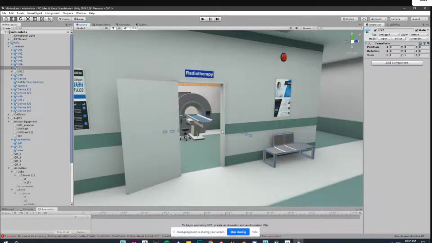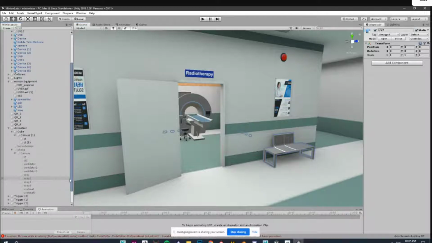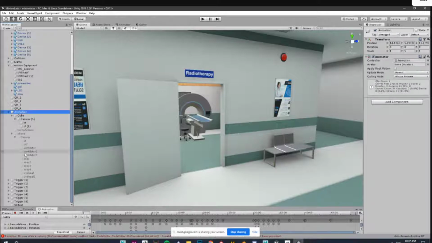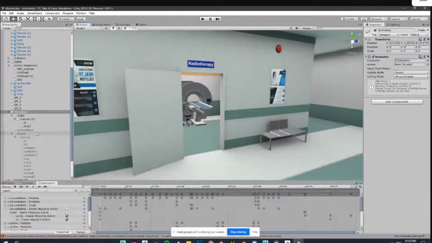So you're calling it animation. Barcode lines, cube, canvas, CP, phone, we can name anything. This animation is what is used. In the animation is how you do all the animations, and you trigger it through triggers 1 to 7.